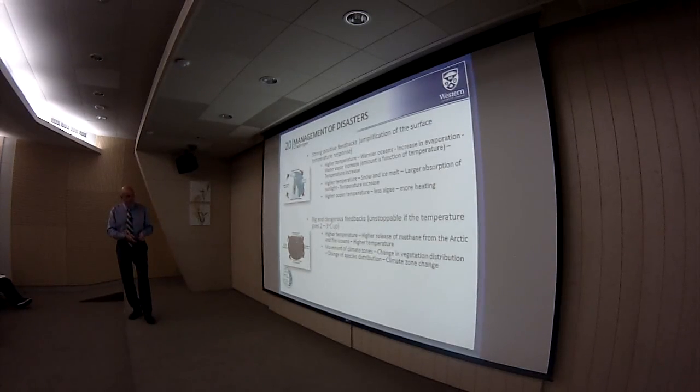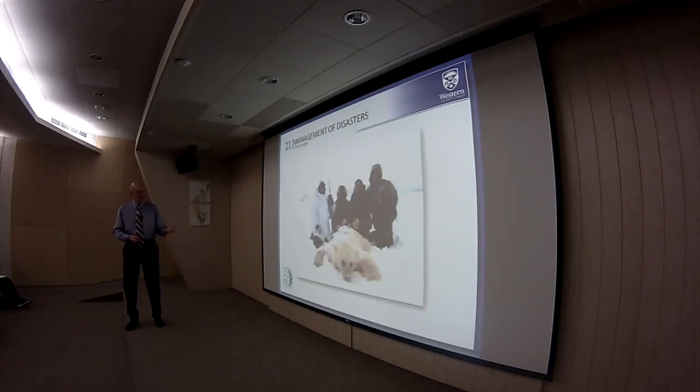The second important, big and dangerous feedback is the movement of the climate zones. Change of the vegetation and change of the species distribution is a process that is occurring very slowly and can completely change how the environment and the species interact. This is a very sad picture because this poor bear was killed in the Canadian North, but this bear is something very rare, and they're saying not anymore so much.